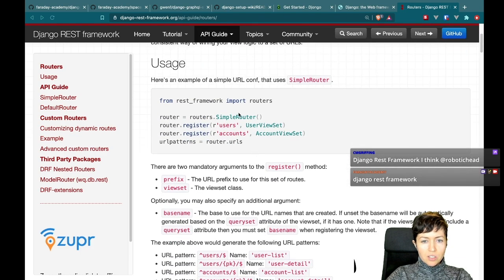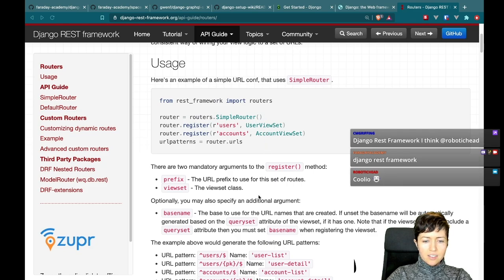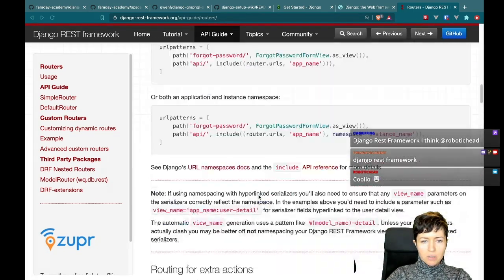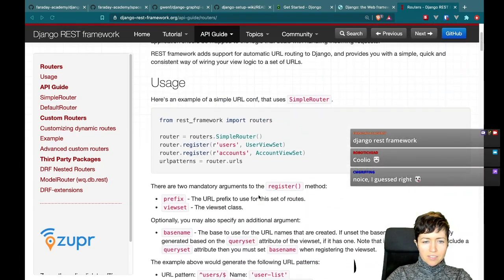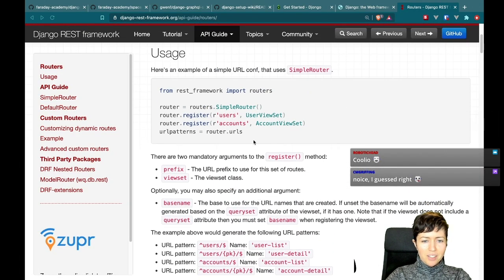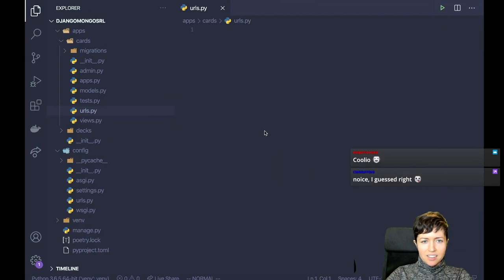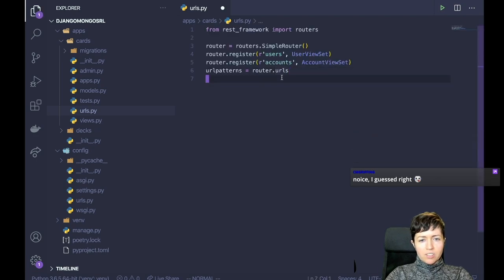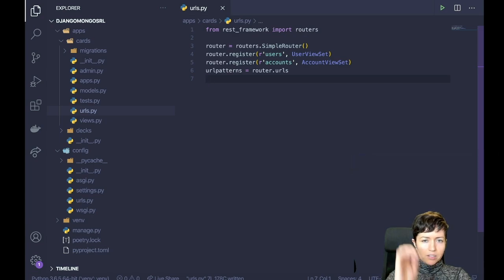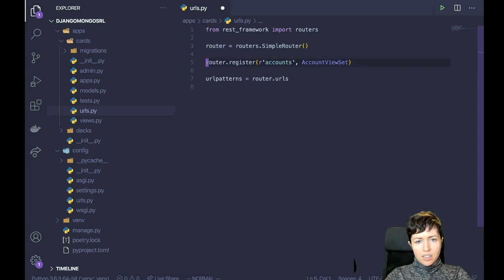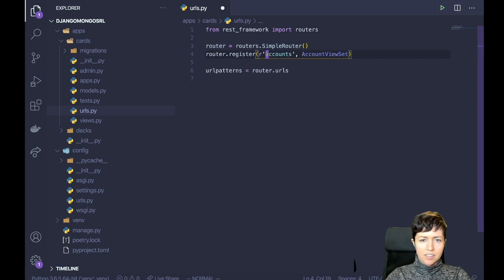Okay, so I'm going to use the simple router. There are quite a few other router options for Django REST framework, but all I need is a route here. My main goal is to get Mongo working, so I'm going to use whatever here. Okay, so let's see. Import router, simple router. So I'm going to get rid of this, and then, yeah, I guess I'll do it like this. And then the only thing I want to do here is, yeah, I'll leave this empty actually,